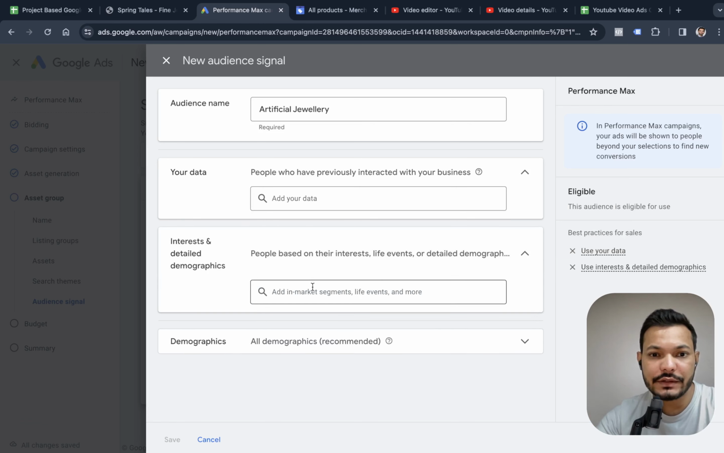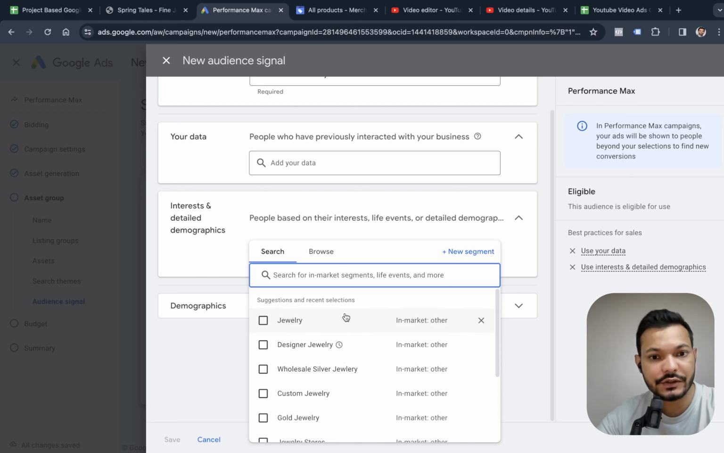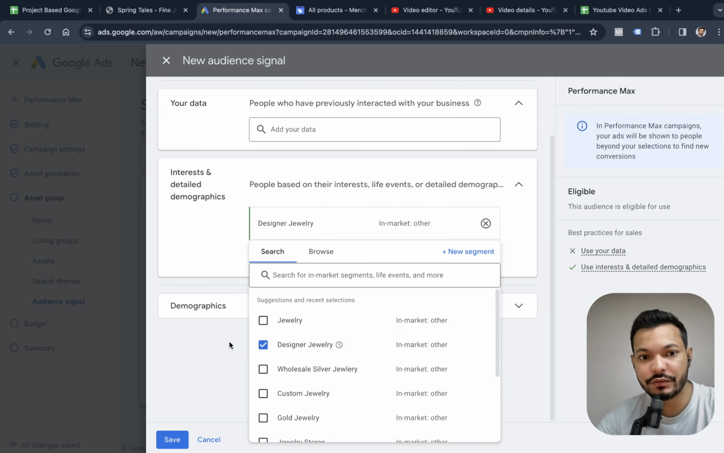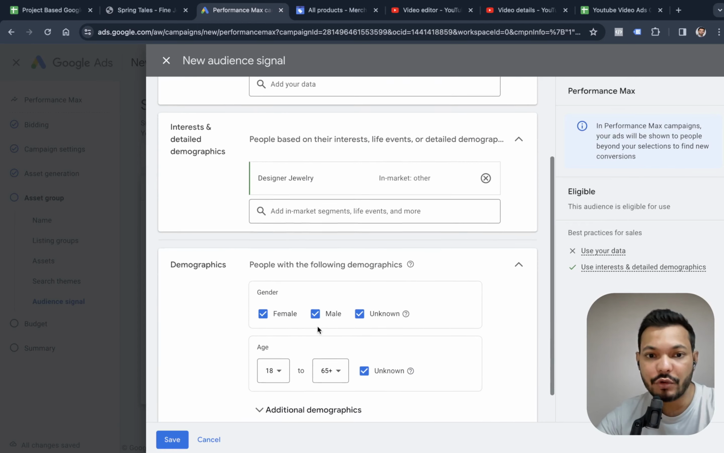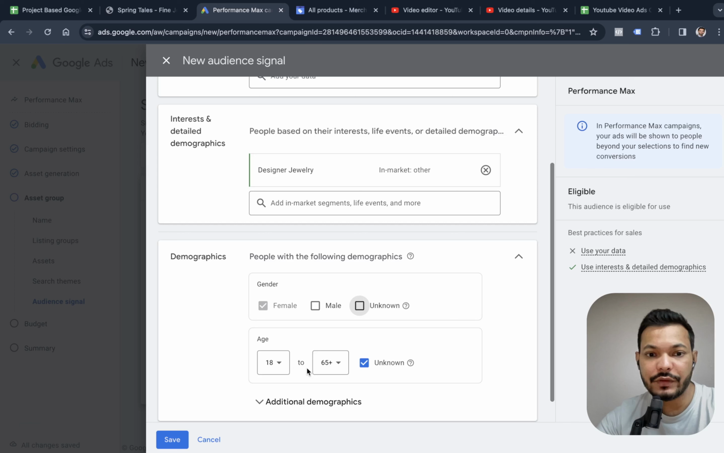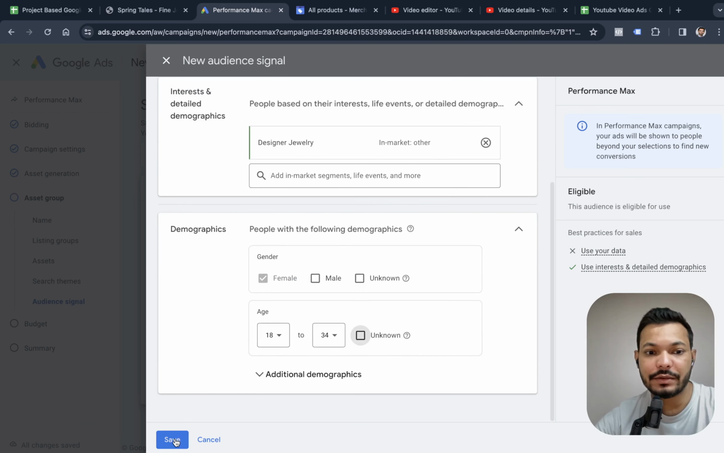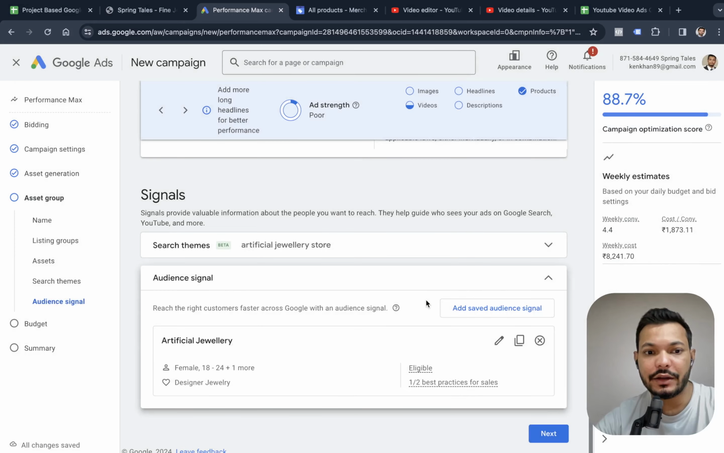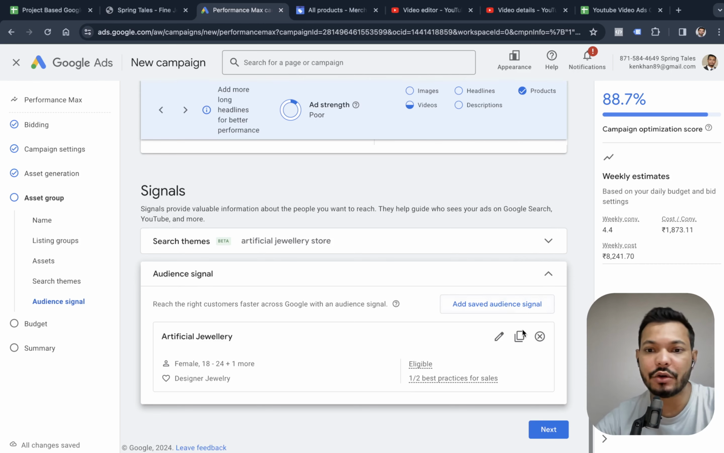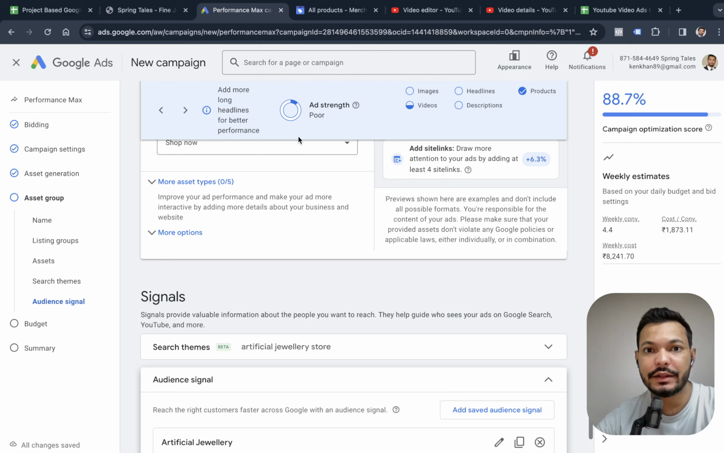In case of interest, let's say if we have any available signal, that's right. So we have a designer jewelry signal that we are choosing for this campaign. In terms of demography, we want to show the ads to females at this age range, 18 to 34. Now these demographics are becoming part of signals. These are not the actual users though. Then we can simply click on save and use it as the audience signals of females, designer jewelry in this age range. Then we can simply click on next,